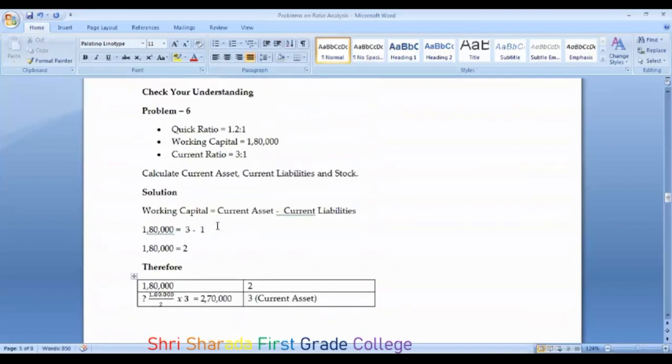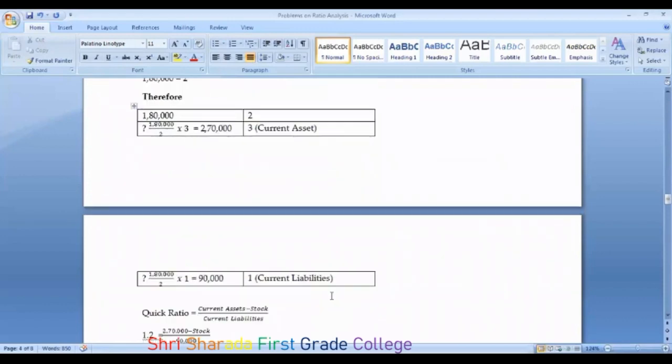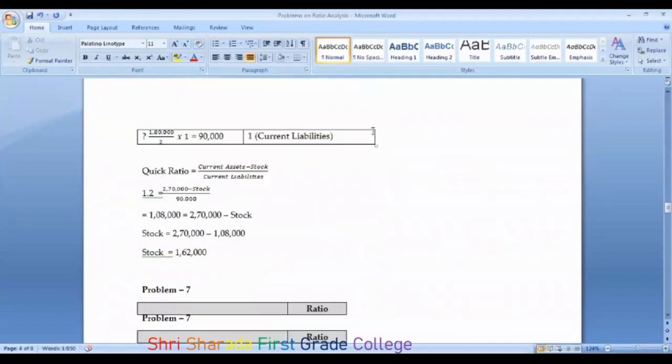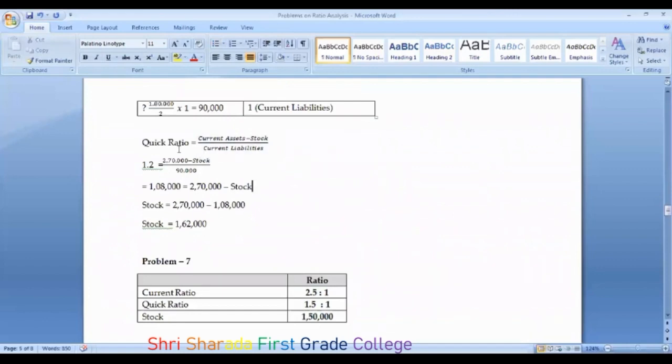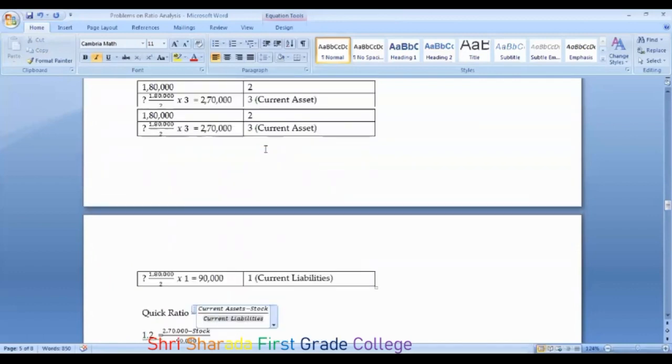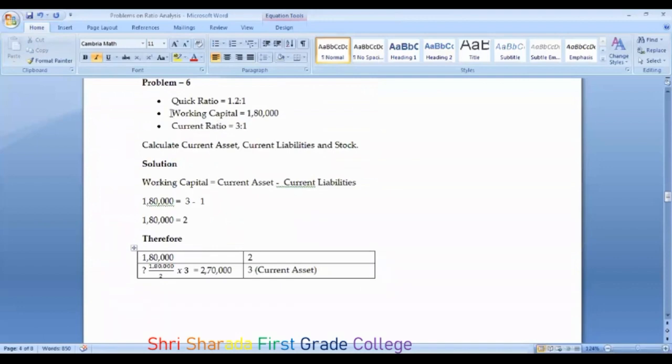So they have asked you to calculate the current assets. You have computed the current assets, current liability you have computed, and also the stock you have computed by applying the quick ratio formula. So whenever you are asked to find out the stock, the quick ratio will be given. By this itself, you can find out the stock. Sometimes there will be information missing with the current assets. So if current assets or current liability information is missing, then working capital changes will be given. Okay? So when working capital changes are not given, there will be certain stock information or debtors information. So by that you can find out the current assets.